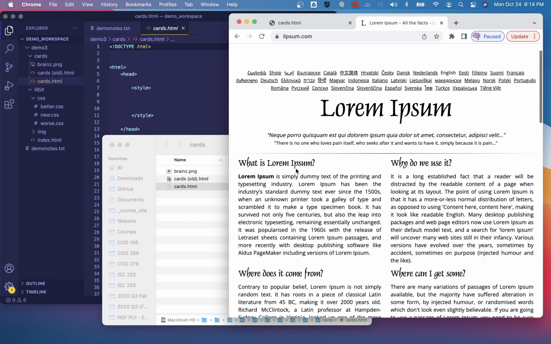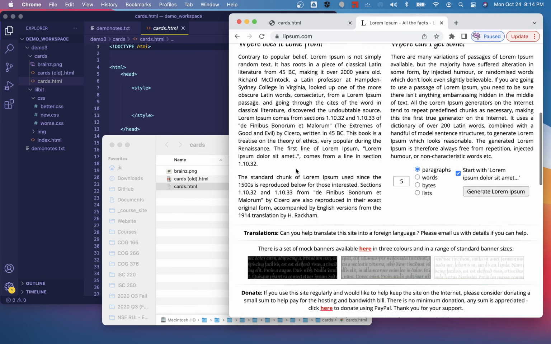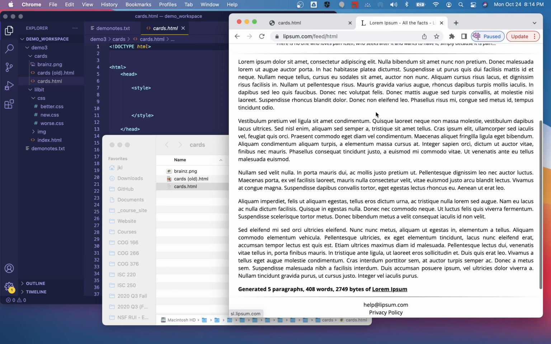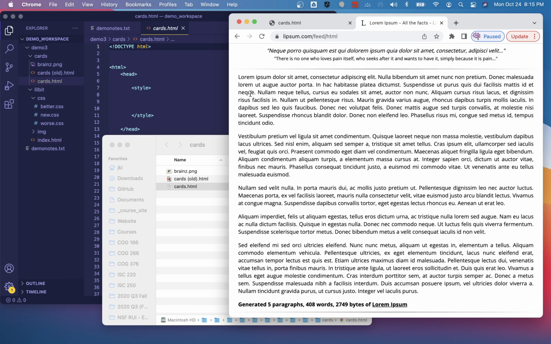It's gibberish, right? It's not. I think some of it is taken from an actual Latin text, and the rest of it is auto-generated nonsense. So let's get 5 paragraphs of lorem ipsum from this site. The point of lorem ipsum is to look like text when you're doing editing of just front end